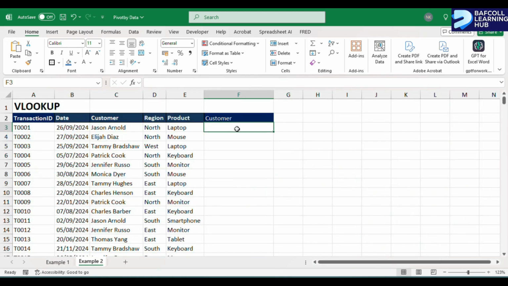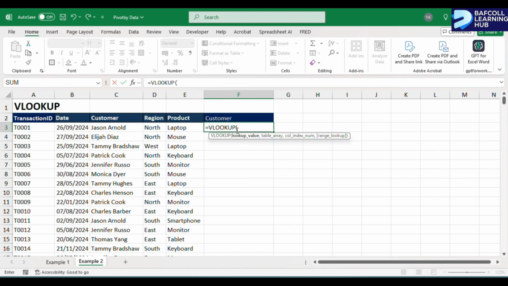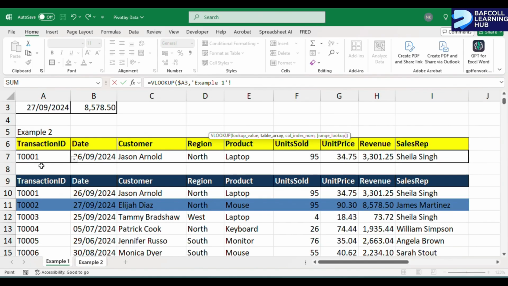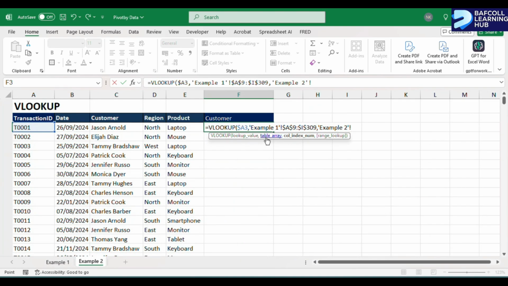So over here also we type equal to VLOOKUP, then open bracket. My lookup value is my transaction ID. Now here I hit my F4 3 times to lock only the column. Alright, comma. Then my table array. I select my table array here and I hit F4 to lock it. Then my column index